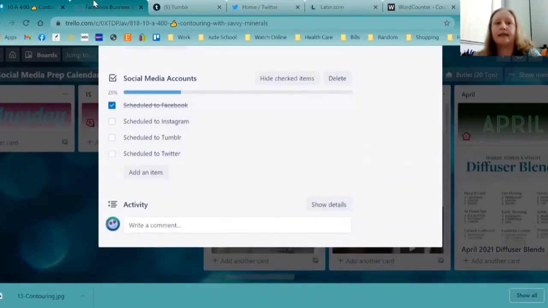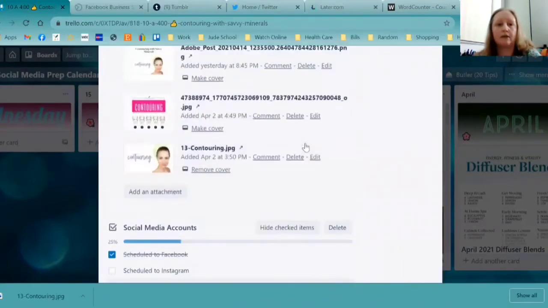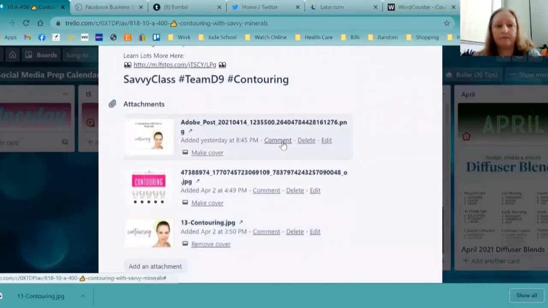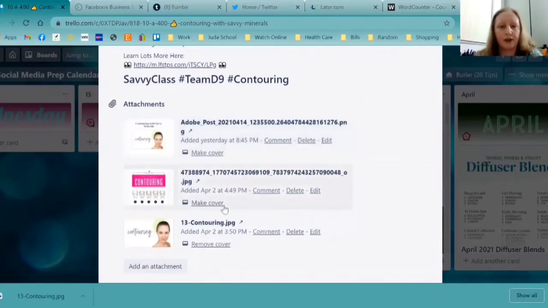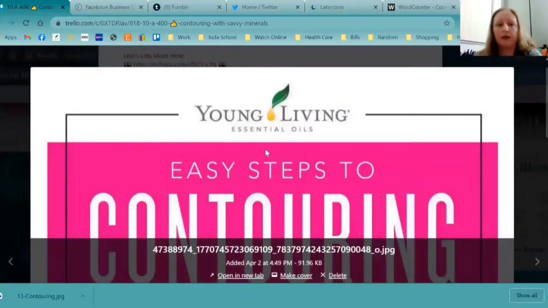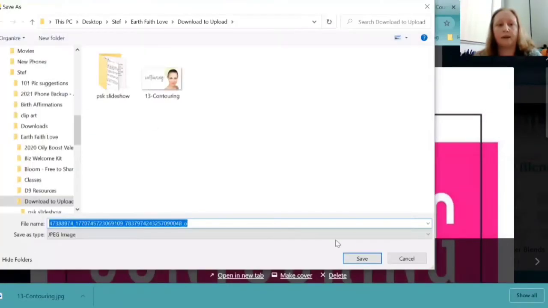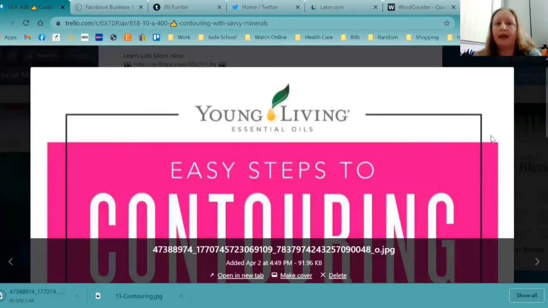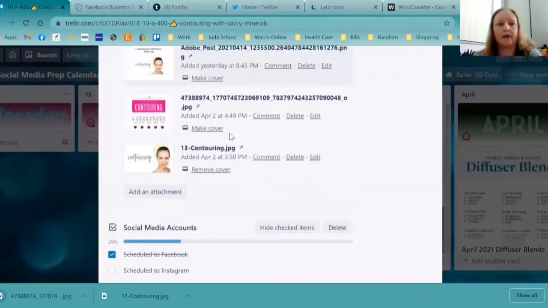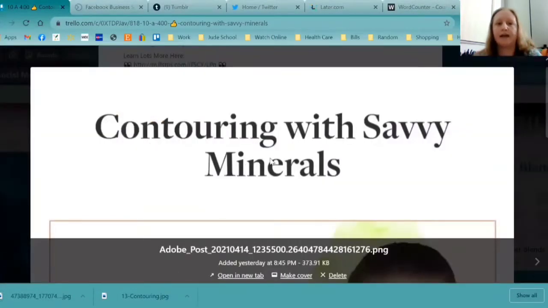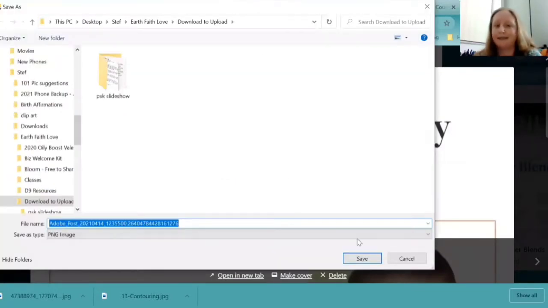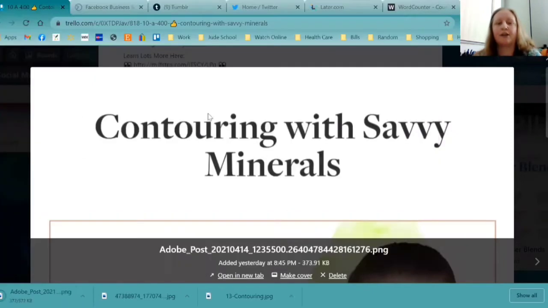So I have a checklist on the bottom of my card here, and it's scheduled to Facebook. The next one is Instagram. I'll show you how to do Instagram through the Facebook business suite for this one, because there's a second image here that I want to upload to Instagram as well. And you want to use square graphics on Instagram. I started with the rectangle one thinking, oh, it's not going to look so bad, but it does. So I'll show you guys even how I make these square really simple.